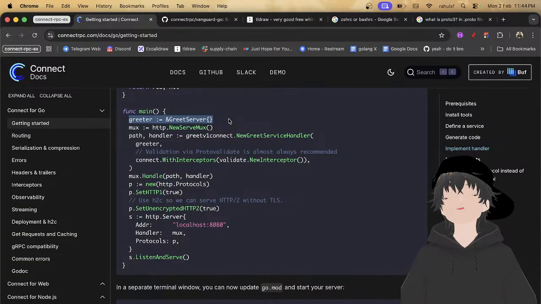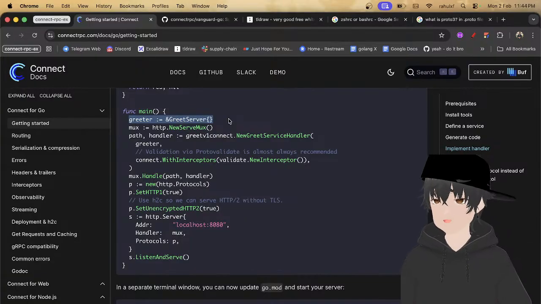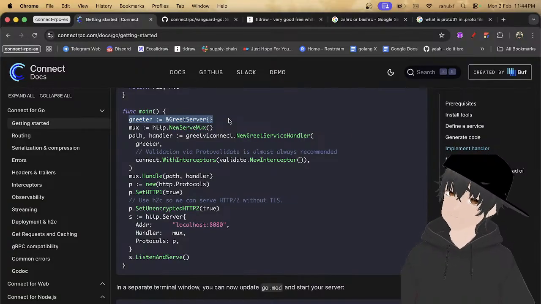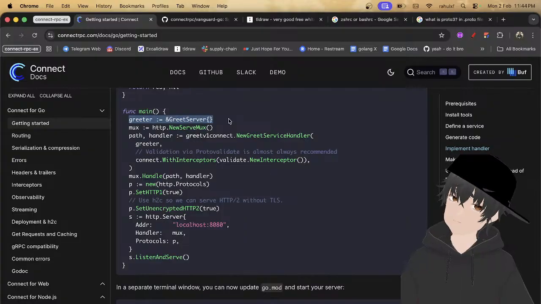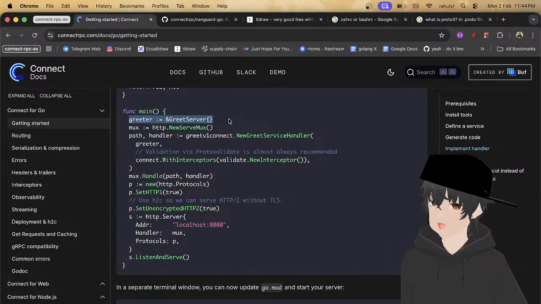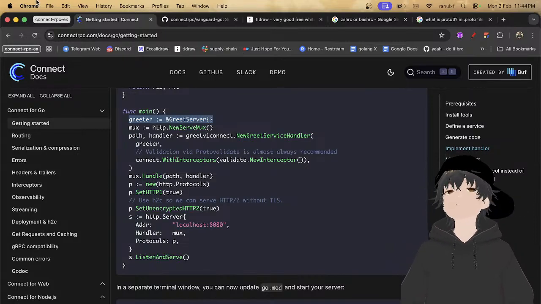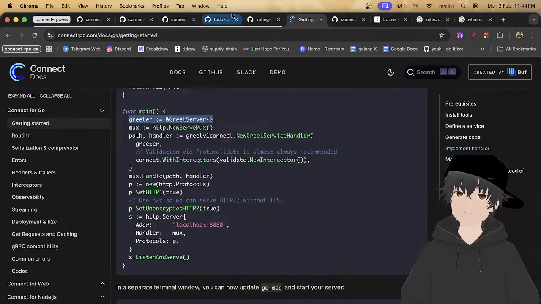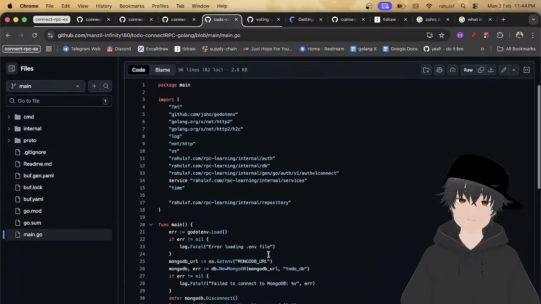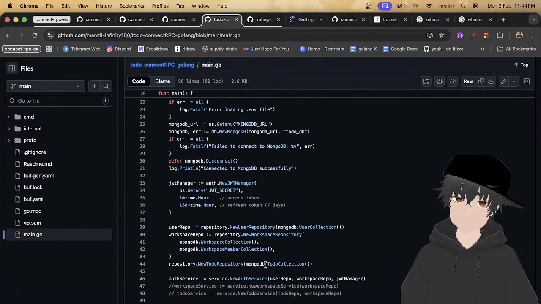So mux is http.NewServeMux, and then path and handler you have to configure, which comes from greetv1connect.NewGreetServiceHandler, which takes greeter, and if we have a validator, then that also asks for validator. Okay, if you go here and then go here main, you will find it out.